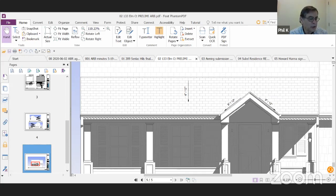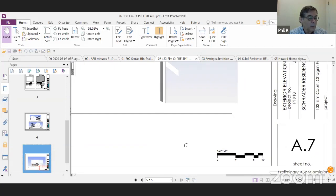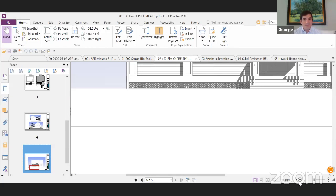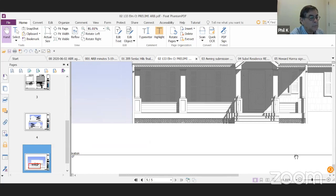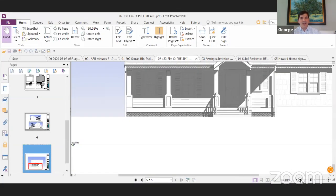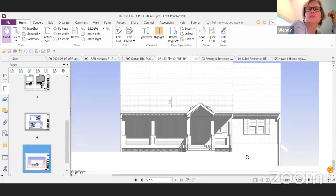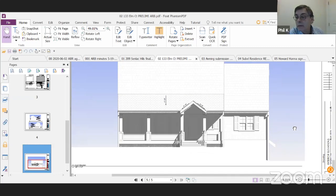Your front elevation rendering A7 doesn't seem to reflect where the grading is going, or I can't see it on the... Oh, zoom out. Zoom out, so we can see kind of the whole front of the house together. Zoom out a little more, maybe, so we can see the top of the roof and the whole thing in relation. So there it is. I've got that. It's just, I'm looking on my...